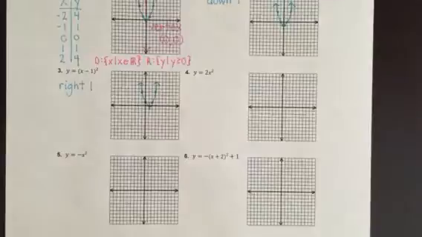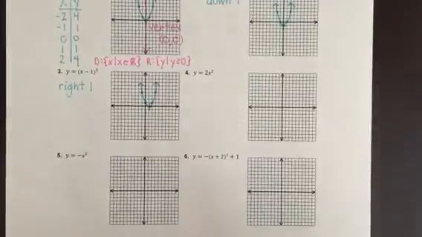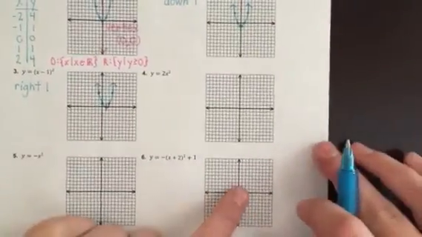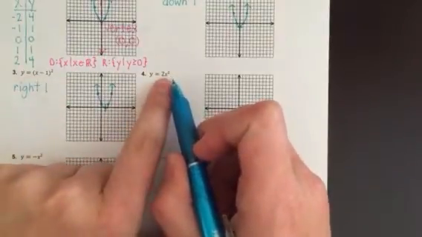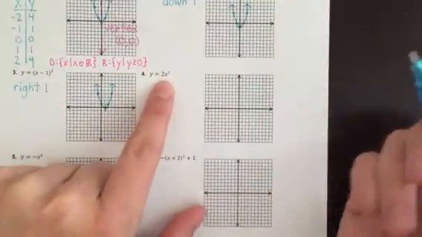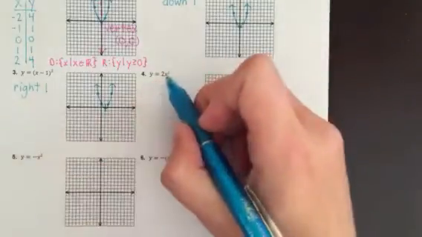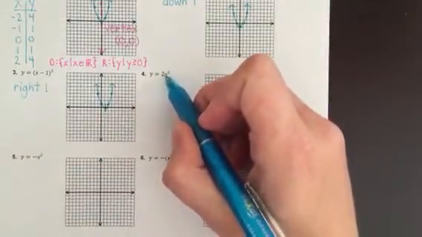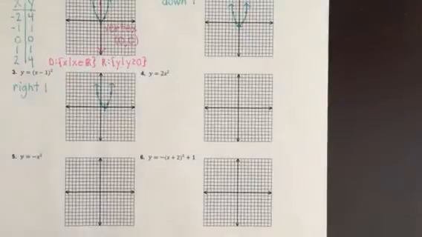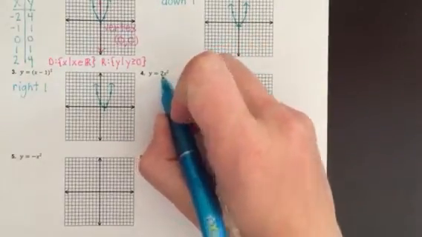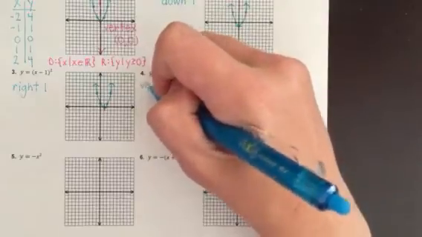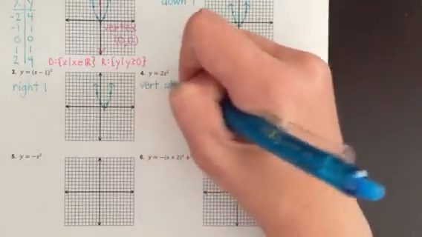So there's that guy shifted right 1. Okay, so now let's look at this. There's multiplication on the outside, 2 times x squared. So when I have multiplication outside, directly in front, that is going to stretch if the number is bigger than 1, and 2 is certainly bigger than 1. So this is a vertical stretch